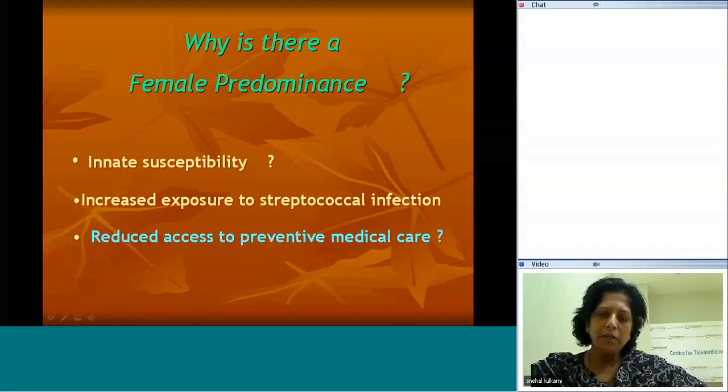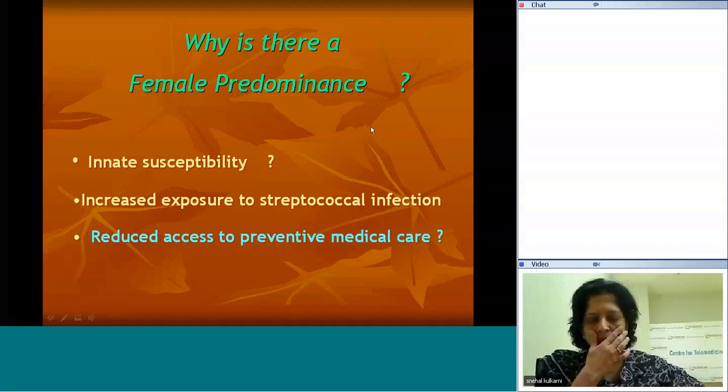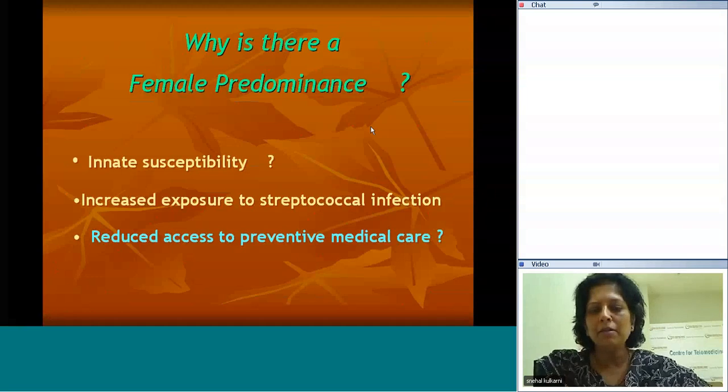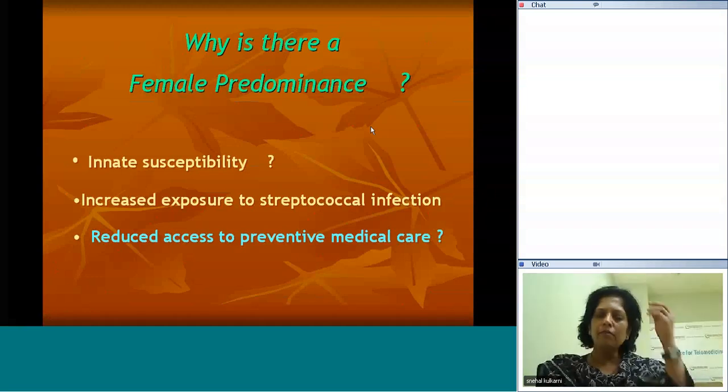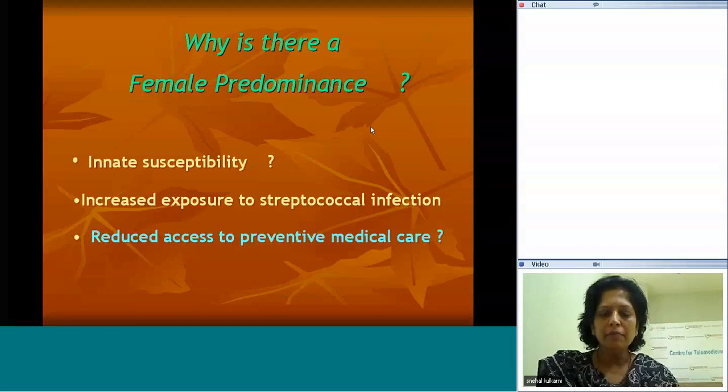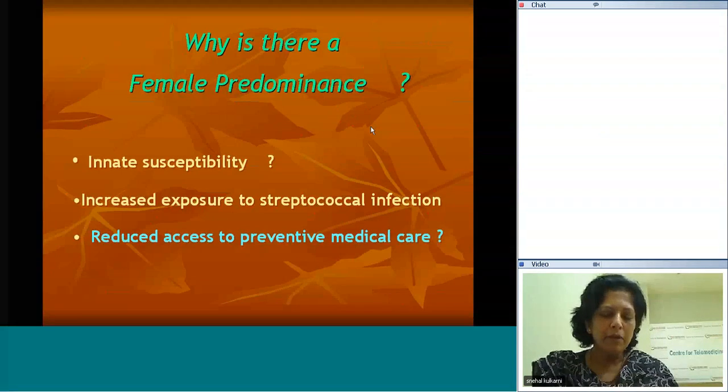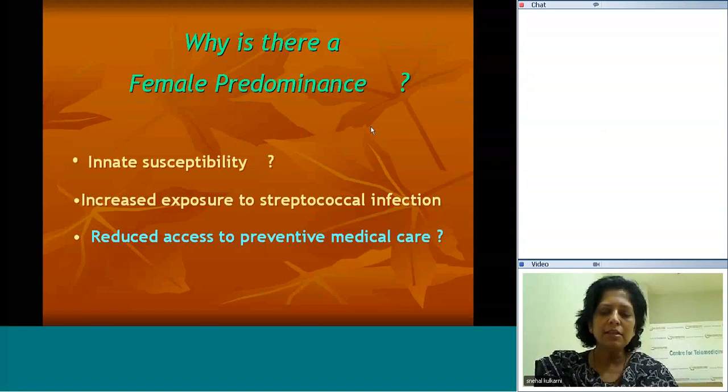Now, if you see our own Indian data, we see there is definitely a female predominance when we see the incidence of rheumatic fever, whether there is an increased exposure or definitely they have access to preventive medicine and therefore they have a higher